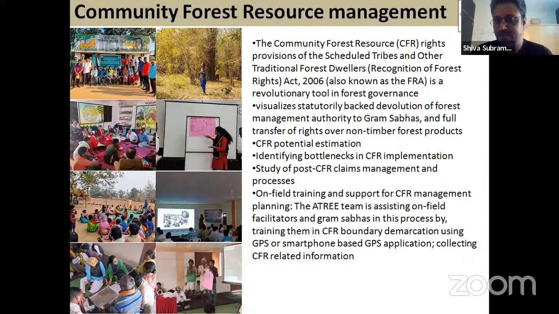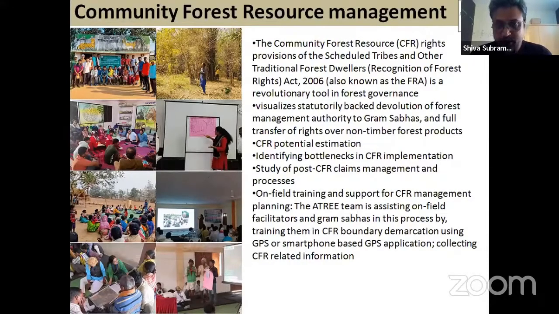In visualization of the devolution of forest management authorities to Gram Sabhas and the transfer of rights on NTFPs to the local communities. So here in this project, we are basically doing CFR potential estimation, wherein we are trying to study the extent of these CFR claims, and then trying to identify the bottlenecks, the constraints in implementation of CFR, the study of the post CFR claims and how these CFR claims